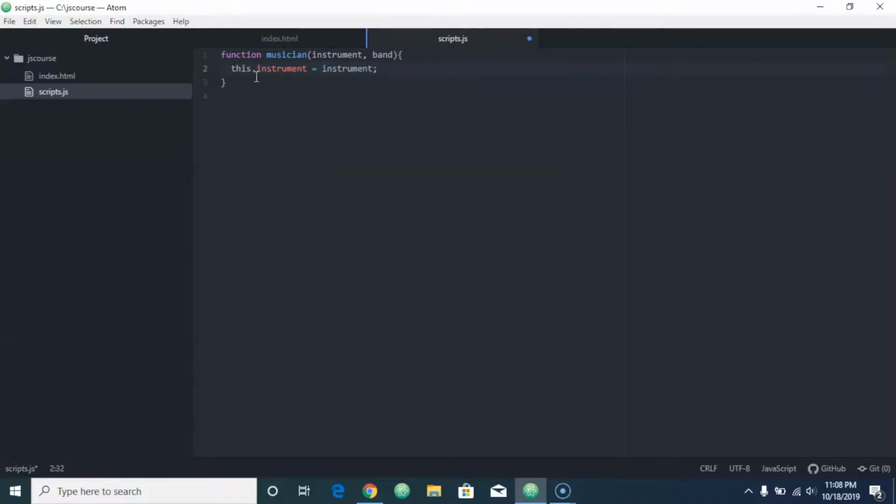So let's break this down for you. If we're creating a new object, and we want it to be a musician, and we want to know what instrument they play and what band they play, what we're going to say is this object, this musician, what is his instrument? So that's going to be what the dot instrument is, and that's going to be whatever parameter we put in there. So then if I do this dot band equals band,